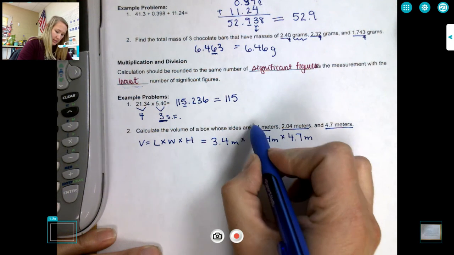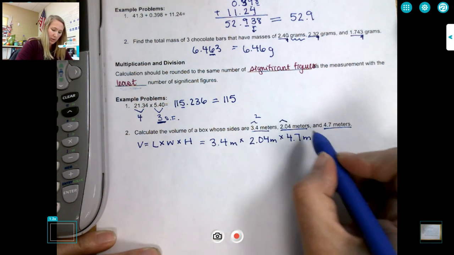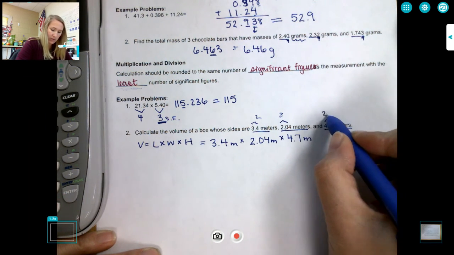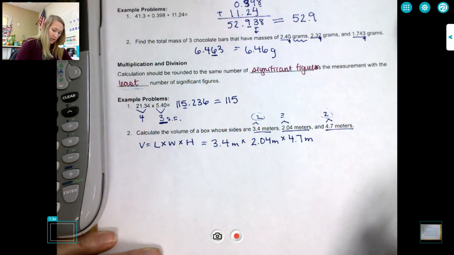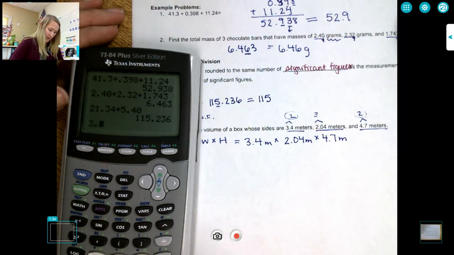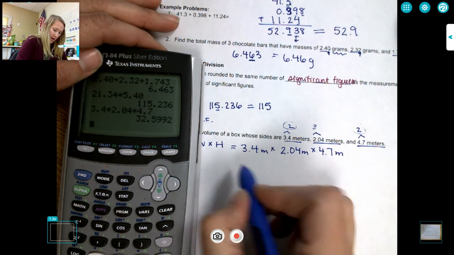Looking at my numbers, here I have 2 sig figs. Here I have a sandwich zero in between, that's 3 sig figs, that one counts. And here I have 2 sig figs. So my final answer can only have 2 significant figures. When I plug these into my calculator, 3.4 times 2.04 times 4.7,